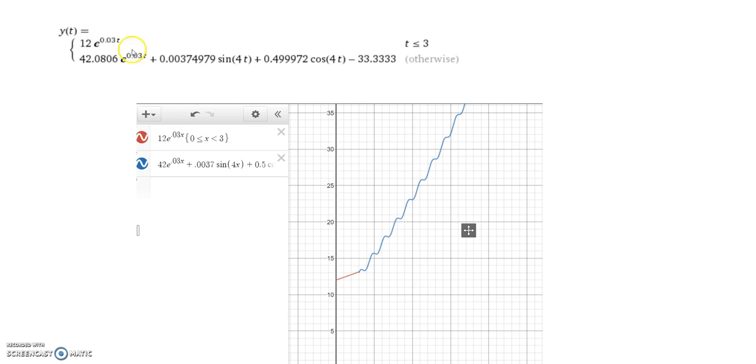Now, this is interesting, the fact that we can see pretty clearly that the dominant term here is the exponential term. Because that is part of the solution function, we will still see some of the sinusoidal behavior, albeit less and less, as the exponential piece really starts to project this thing upwards. But we do have these little oscillations since the sine function had a center line of 1 and it had an amplitude of 2. In some cases, the harvesting will be positive. In some cases, it will be negative. So what we can